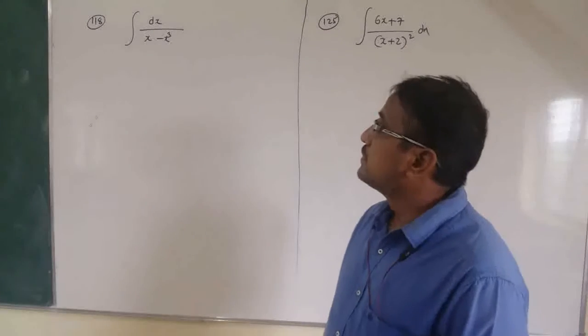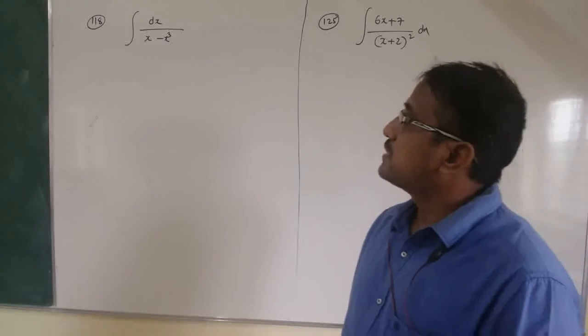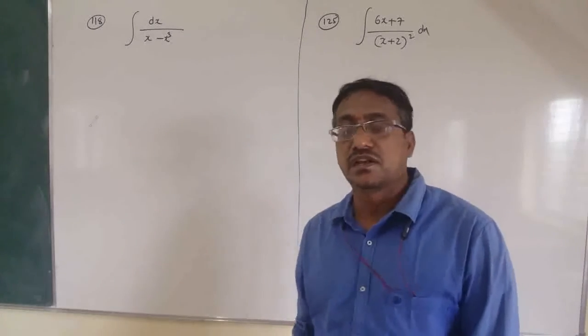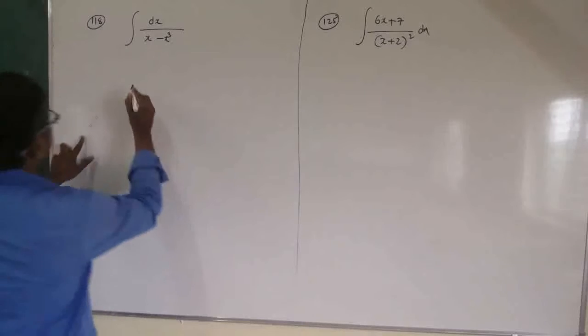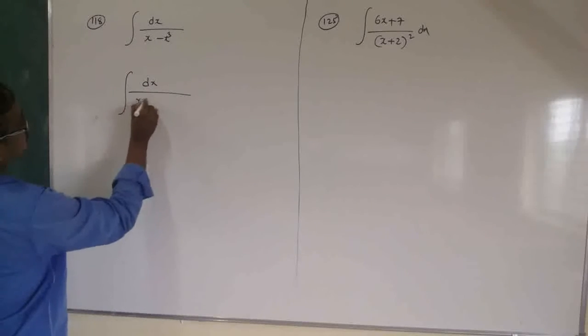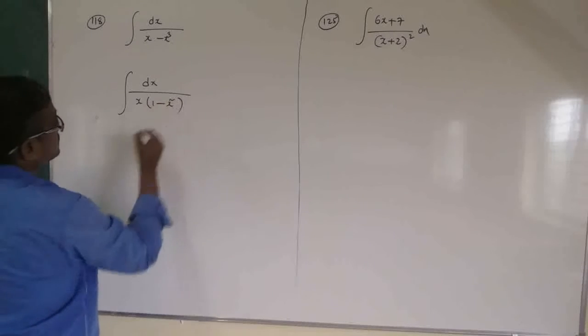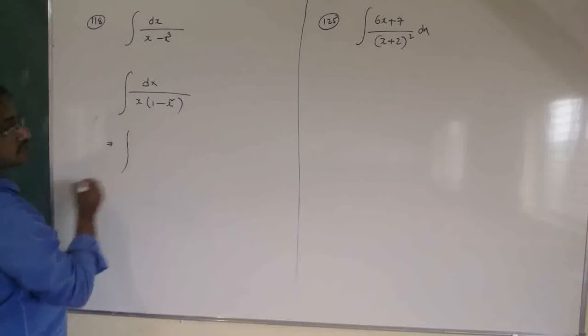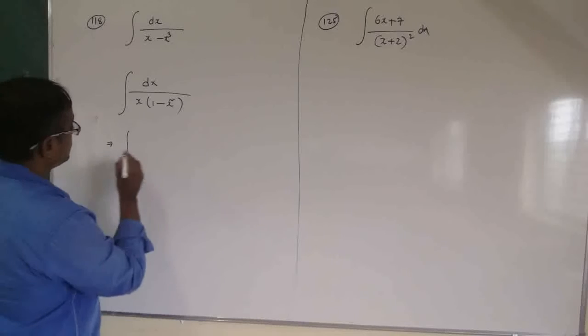Next problem, integral dx by x minus x cube. So this can be written as integral dx by x into 1 minus x square. Now let us use partial fraction. So integral,